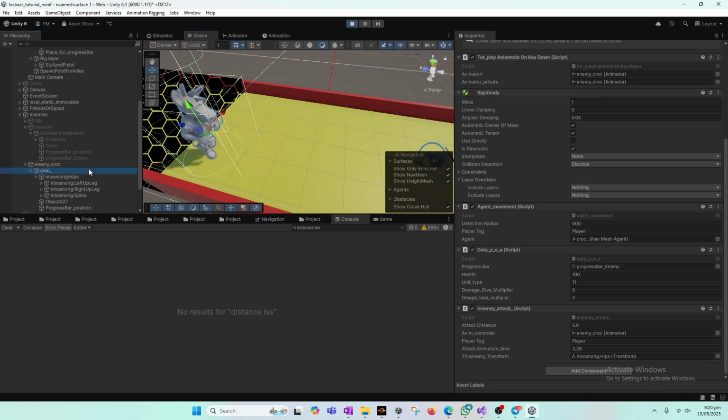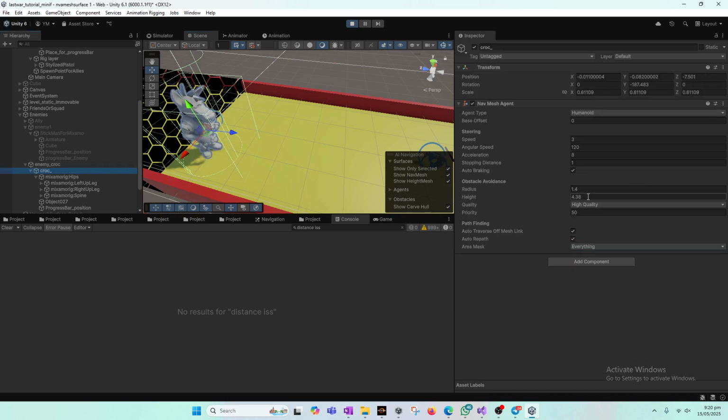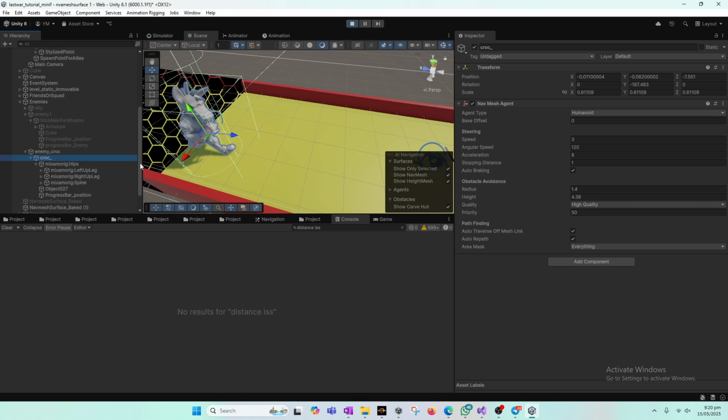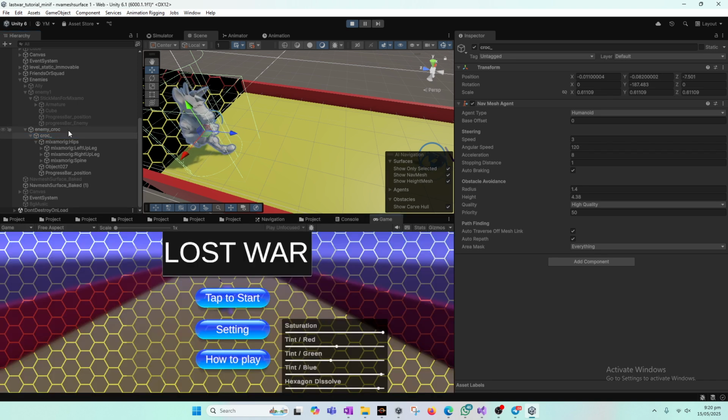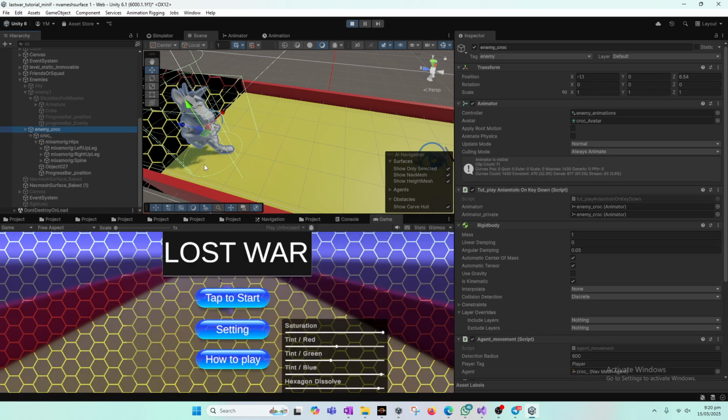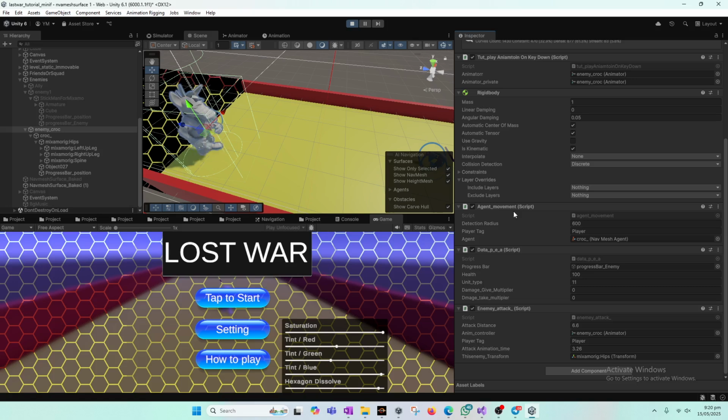Even though it is moving, it can't really move. What can be the issue? I think, is it with the animation? Animation is fine. It's with the NavMesh. So the agent movement script is problematic here,